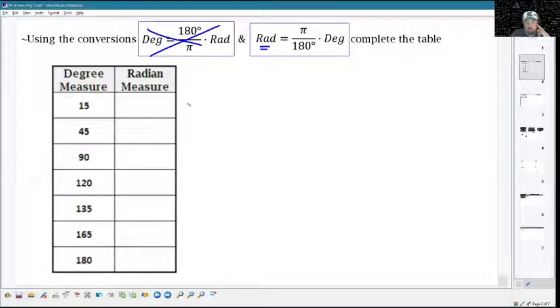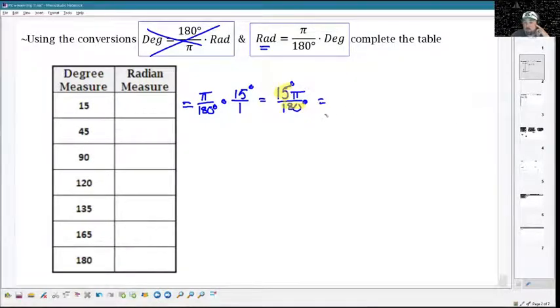So to find the radian measure for this, this is going to equal pi over 180 degrees, and we're going to multiply it by our degrees. The degree measure is 15. Now there's a little trick that makes this a little bit easier. We got fractions again. Lots of fractions in this stuff. So let's make this a fraction and follow our fraction rules. We're going to get 15 pi over 180. These are both degrees. That's why the degrees will cancel out of this. And the only thing we need to do is simplify this part of the fraction, 15 over